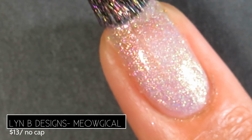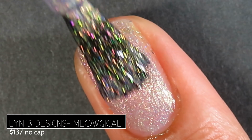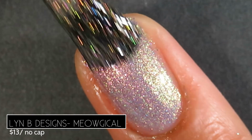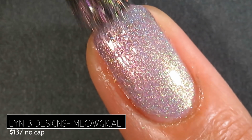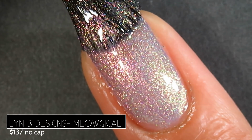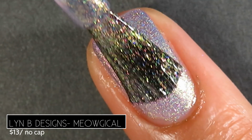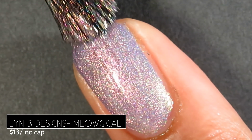On the nail, this one was slightly sheer on that first coat, but man, it has a lot of those shimmery pigments packed in there, and they actually blur the nail line themselves quite well. In 2 coats, I got very close to full opacity, but I felt like at some angles I could still see a little bit of my visible nail line. So I did go in for a 3rd just to really make it pop. In 3 coats, I did reach full opacity, and I think 3 coats will be perfect for just about everyone